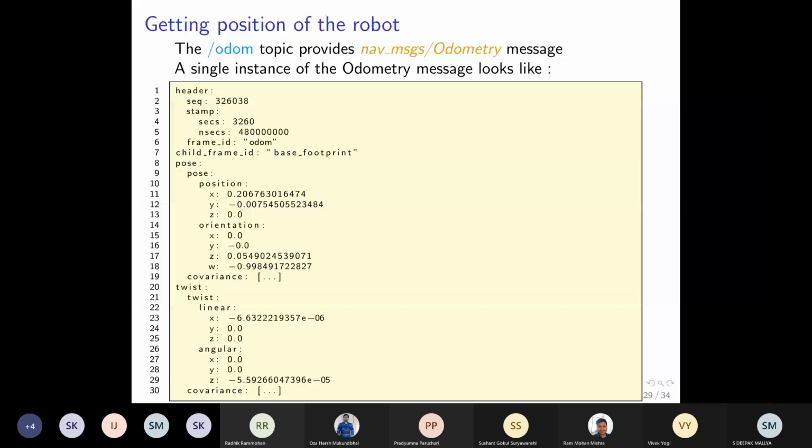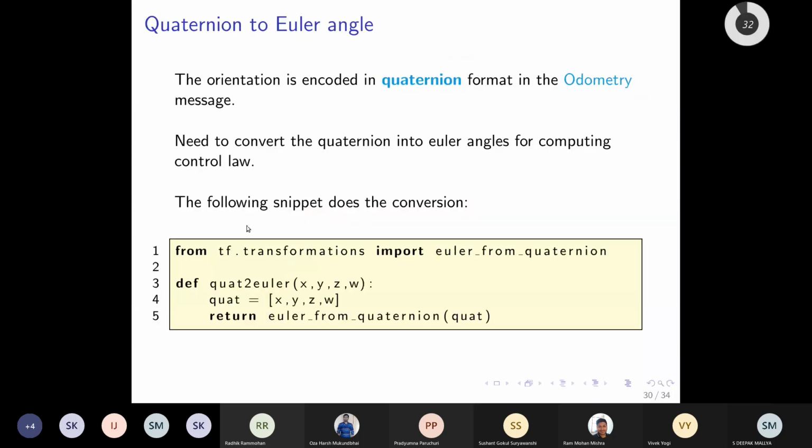To convert quaternion to Euler angle, there is a little bit of a tool provided by ROS, called the transformations tool. In the TF package, ROS has this inbuilt package called the TF package. It has this transformations subpackage, or maybe it's a script, and from there, this is just the regular Python way of importing a function. It provides us this function called euler from quaternion, so we are just going to use that euler from quaternion,